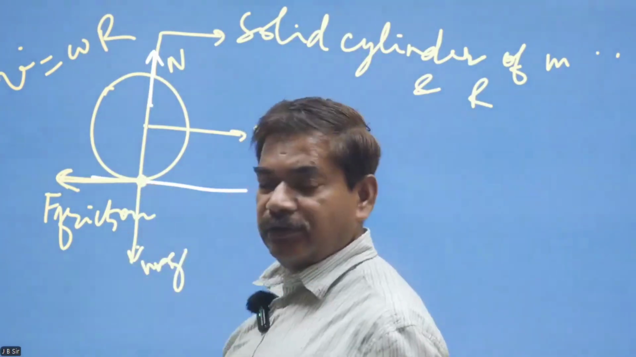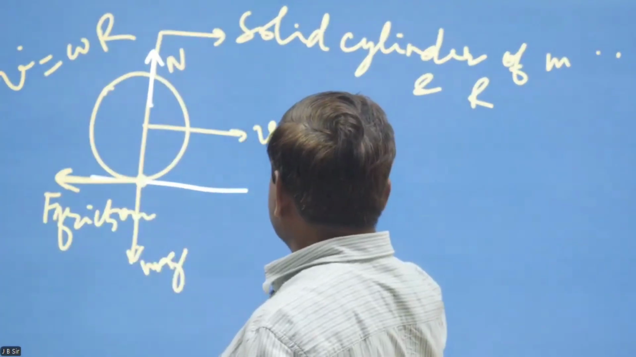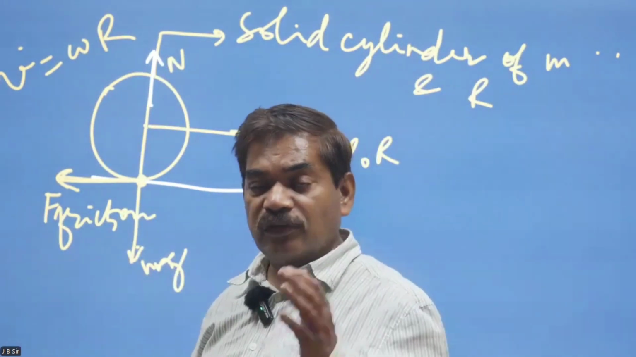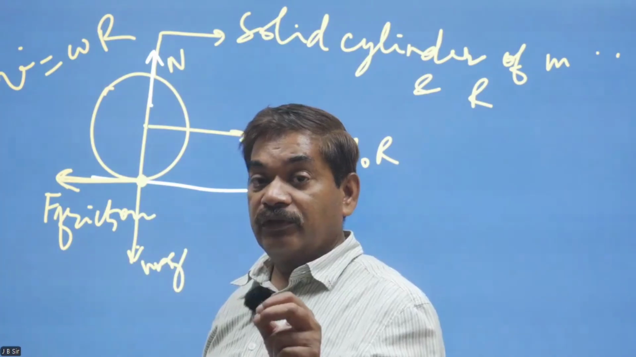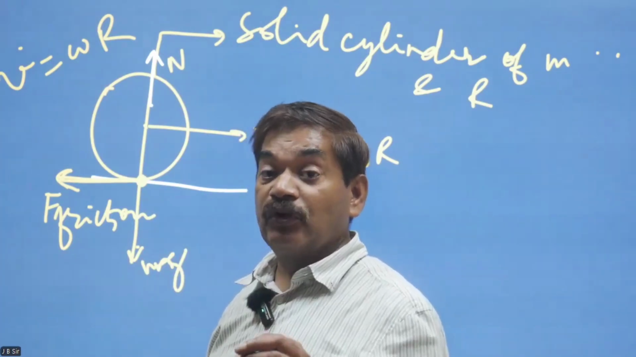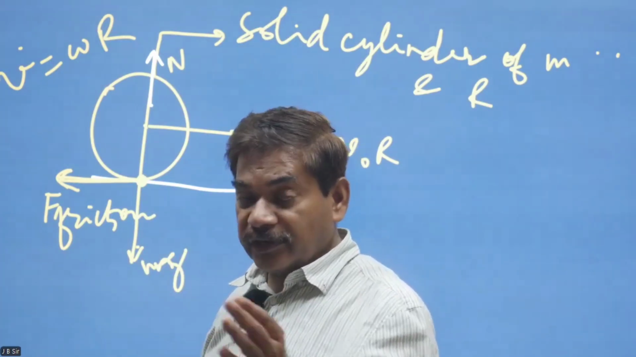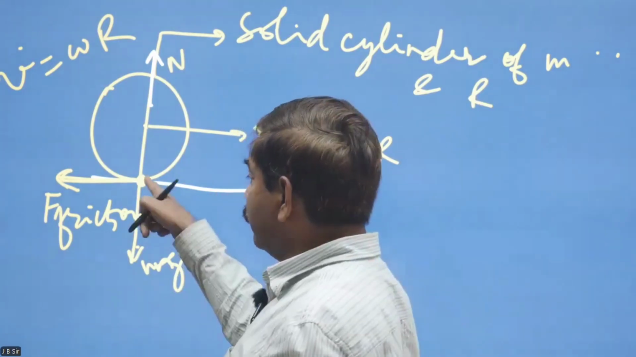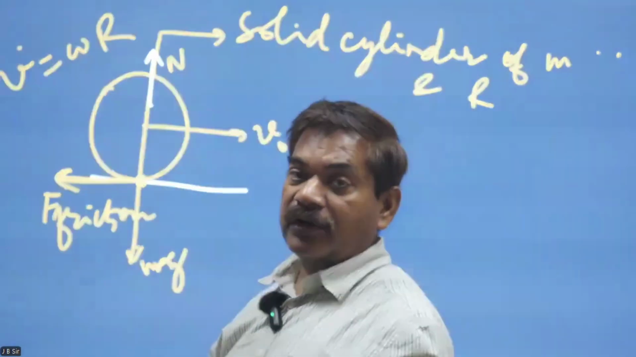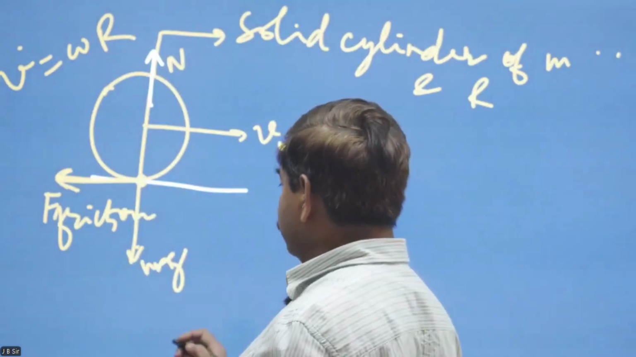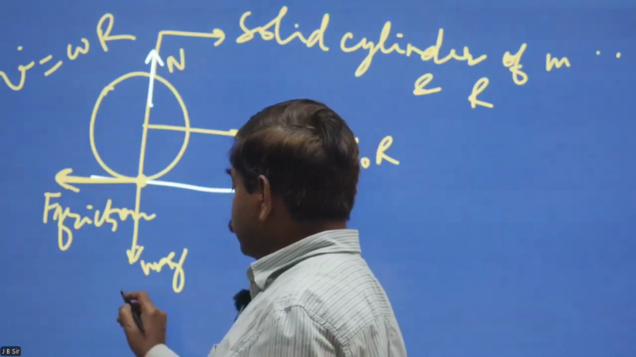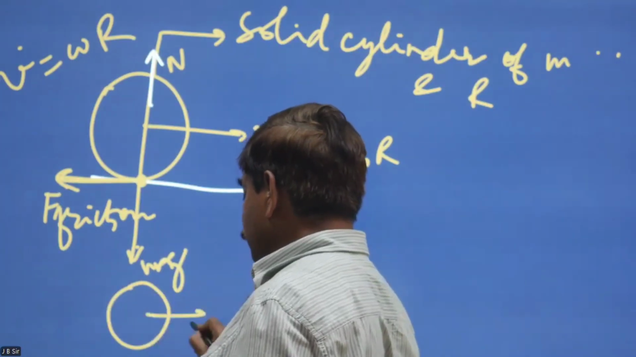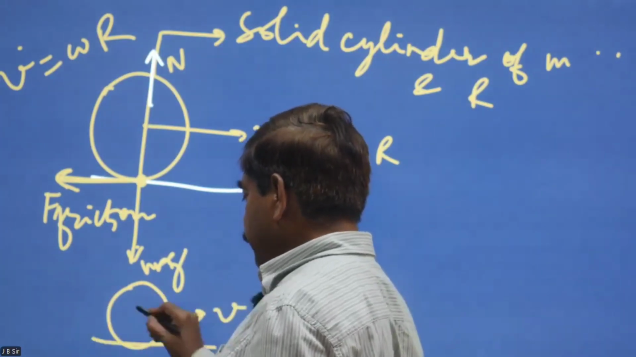Initially, about this point, the angular momentum is what? m v naught r. So this is what I tell you, that you should know how to calculate the angular momentum in all cases: for a particle, for a rotating body, and for a rolling body. So about this point, initially it is m v naught r. Now after some time, when its velocity becomes v and angular velocity becomes omega,